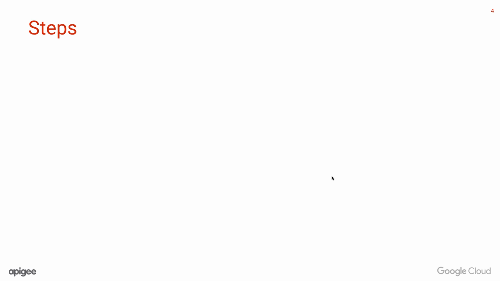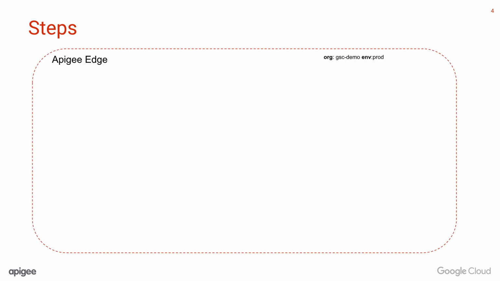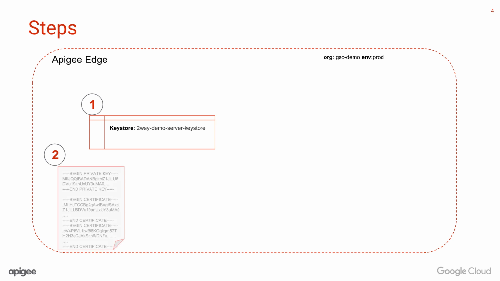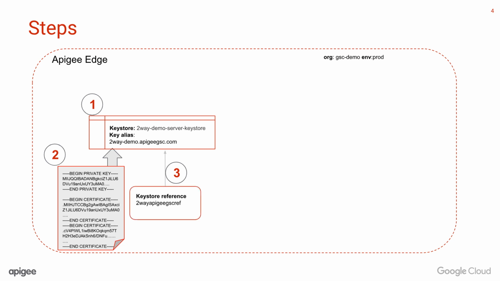Like requirements, the steps to enable two-way TLS configuration are also similar to the steps to enable one-way TLS configuration, with additional steps to set up the trust store. The steps are: in the right org and environment, create a key store, upload the key and certificate chain to the key store by creating a key store alias, create a key store reference pointing to the key store,